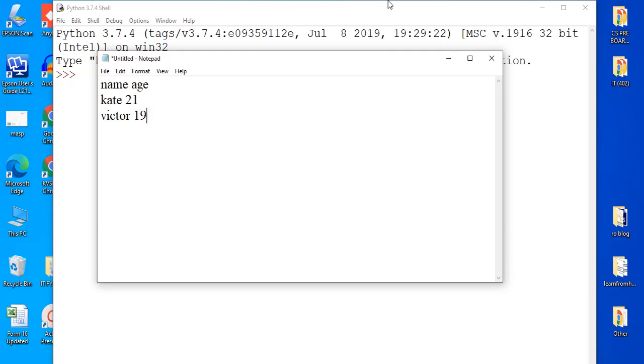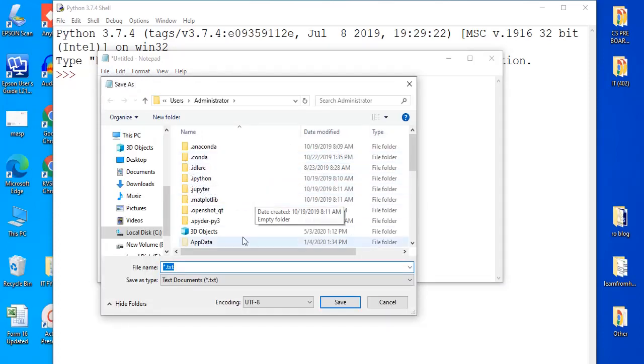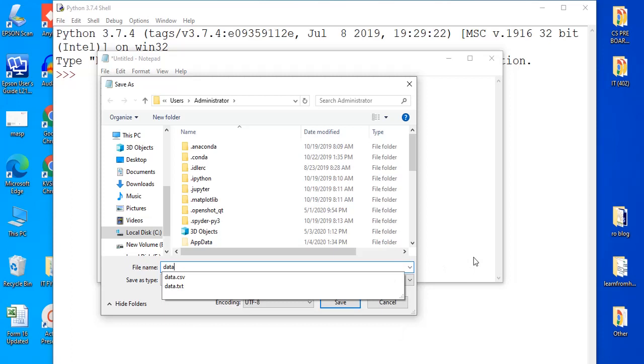So for now we are taking only this much data. We are saving this file to the same place where our program file will be located. Say I name this particular file as data1, and this will be data1.txt, a text file.